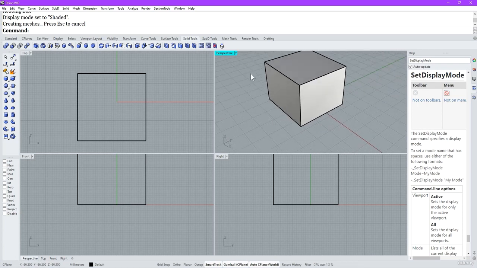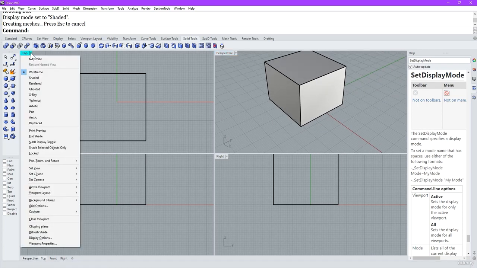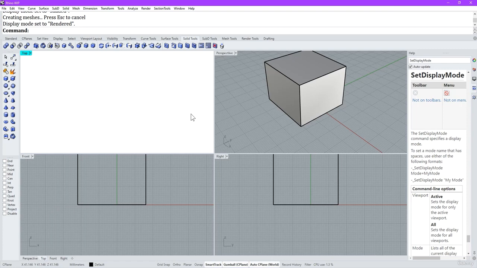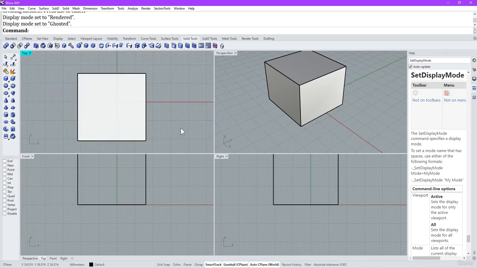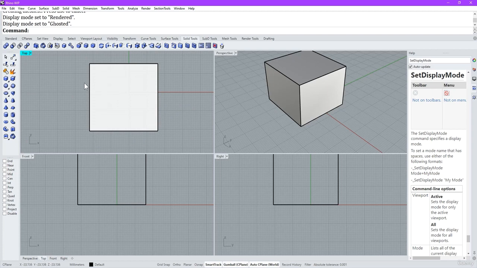We can come over here and change to something like rendered. It's not going to be too helpful at the moment. We've got ghosted, and ghosted is my preferred way of working in these orthographic viewports. If I right click in, say, this front viewport,